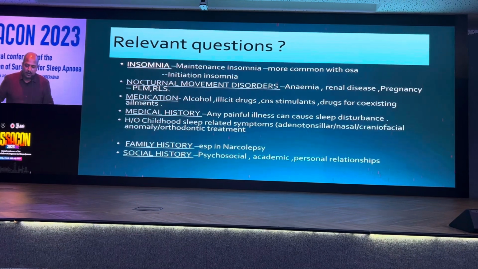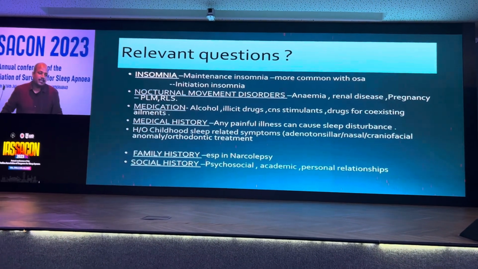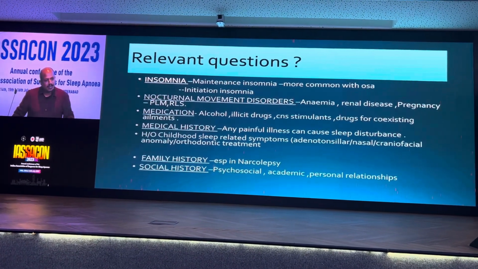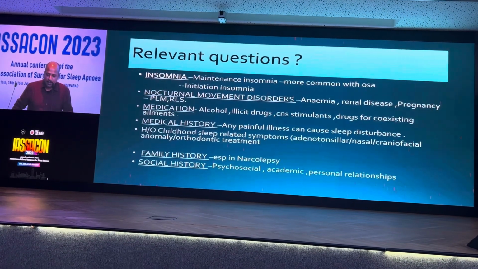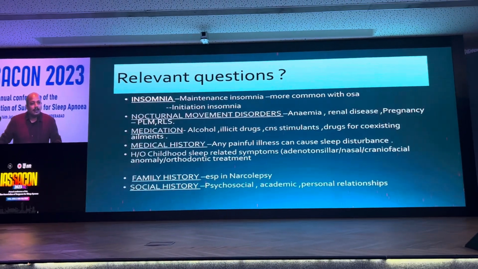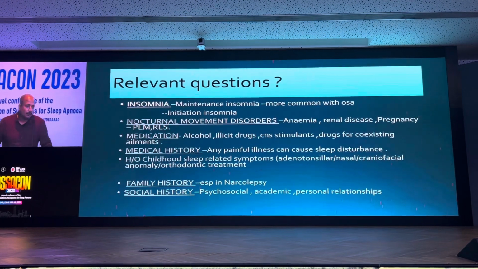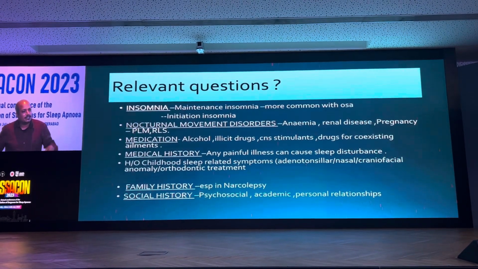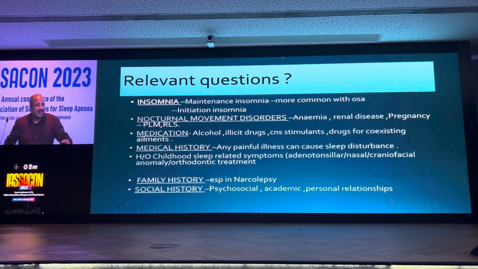In the history we also need to emphasize whether the patient is having any nocturnal movement disorders, whether the patient is consuming regular alcohol, which can affect the REM sleep and increase the apneic episodes during REM sleep, and whether the patient is on any other medications which can act as a depressant. We also ask whether the patient is taking any beta blockers, which can be a hindrance to our DISE studies, because for example if the patient is on beta blockers and you're going to use dexmedetomidine, the patient can have bradycardia during the procedure.